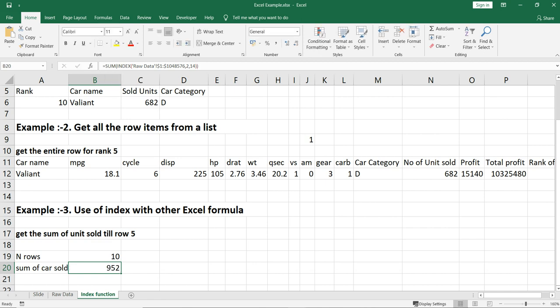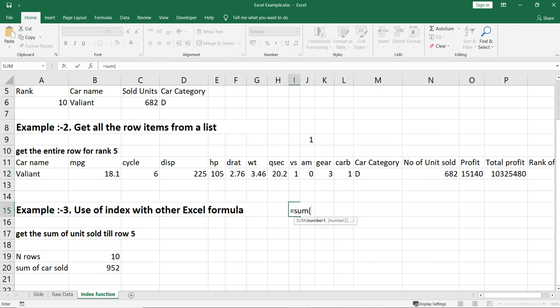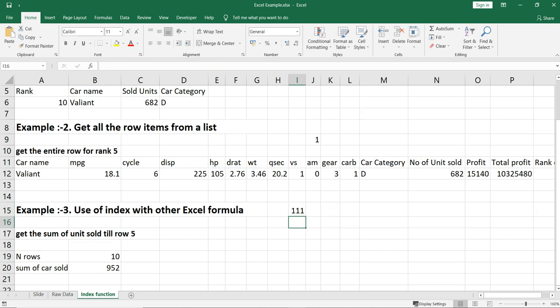For example, if you require the sum from HP till weight, you will put sum and then take this range, so you have this notation. Similarly, think of this first index function as the first parameter of sum, E12, and then we need to put the second parameter, which is G12.